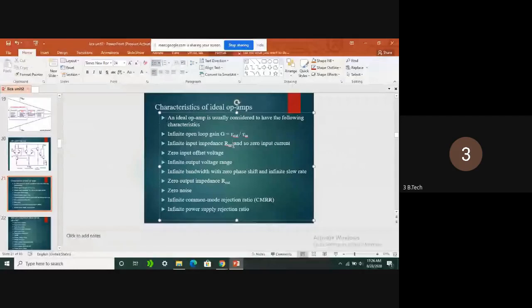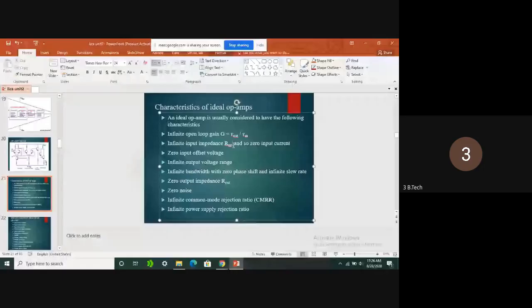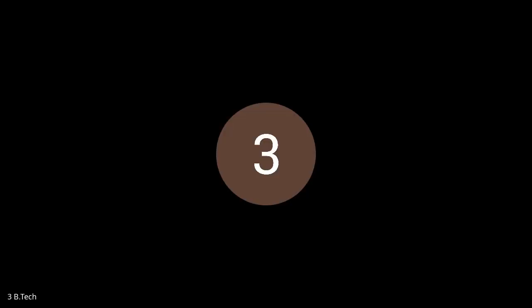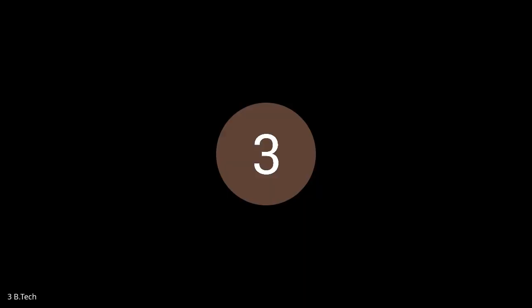See here, in the transistor or diode, if you are not providing an input signal, we are still able to see an output. Why? Because some sort of current flow due to minority carriers will happen, and because of that we can see the output there. Practically, that output should be zero. Offset output should be zero for any device. Is that clear, all of you? Yes, sir. Offset values for the system should be zero.